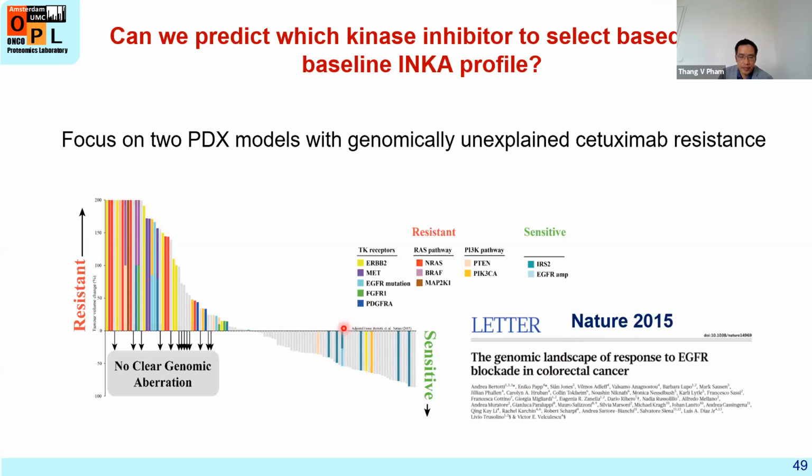here you have a lot of PDX models. So these are human tissues that grow in mouse, and for many of them, the colored ones, you can see that they have studied the genomic driver that leads to this resistance to the drug. But there are many gray bars here that say no clear genomic alteration. And the question is whether we can use phosphoproteomics data to answer this important question of finding out the resistance